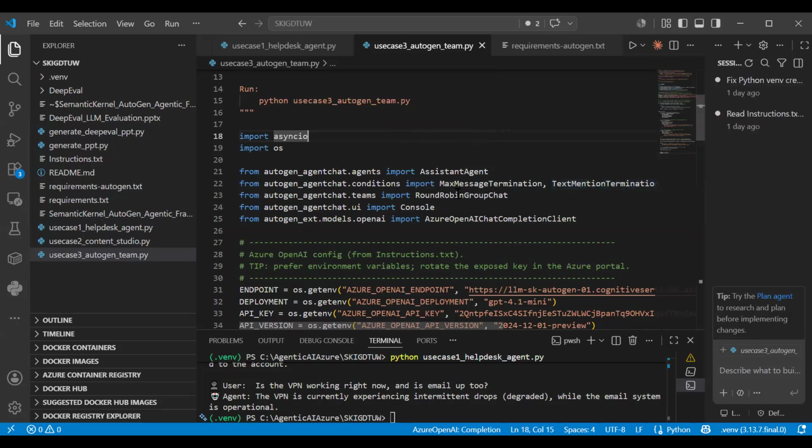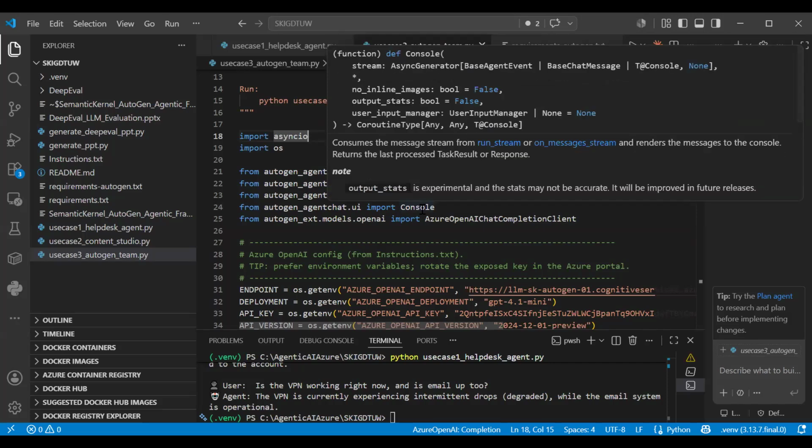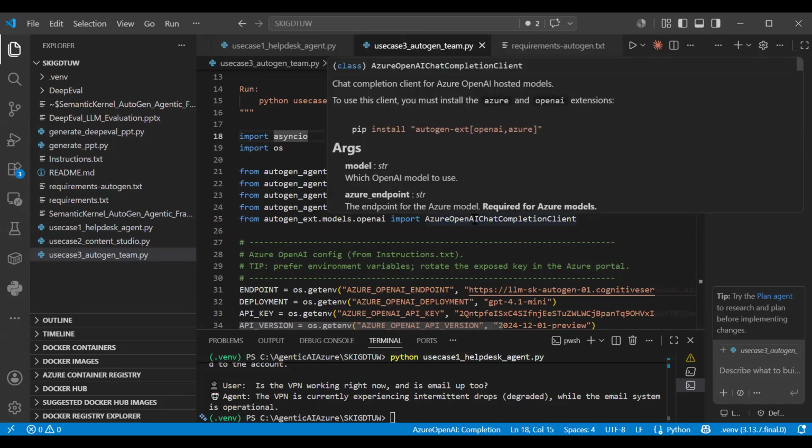The strategy that we are using for this is round robin group chat. And there is something called Console, which is again one class. What Console will typically do is consume the messages from run stream and render them to the console. That is why we require this class. And this Azure OpenAI chat completion client is the LLM, because whatever output comes, we need to pass it to our LLM.